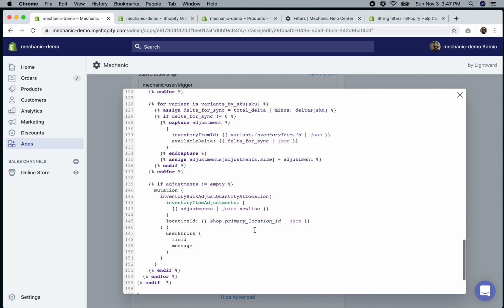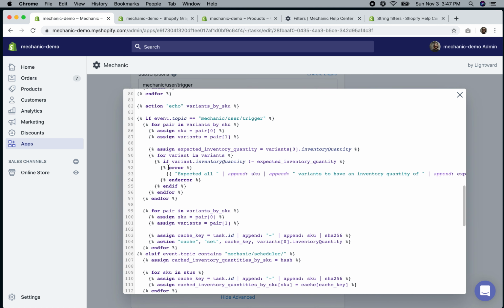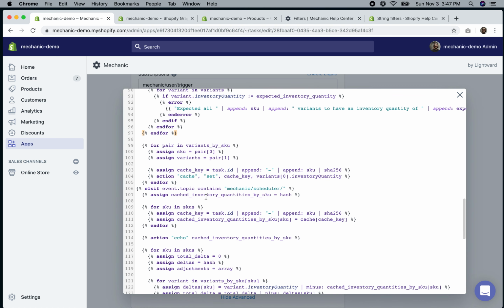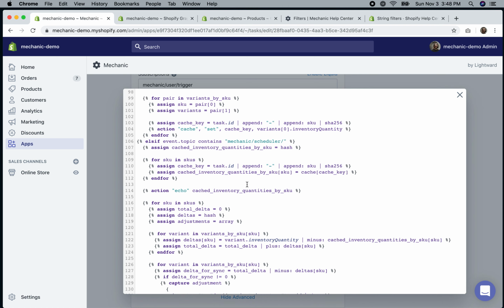Okay. The last thing that we need to do is update the cached value for this SKU. And I know I thought that originally we could reuse this stuff. We're not going to though, because A, we don't need to scan through variants. B, we don't need to ensure things are synced up because they won't be. We're actually going to be performing the sync ourselves. So what we're going to do is, yeah, just do this ourselves. So I wonder if I can restructure this though a little bit. Oh, actually,